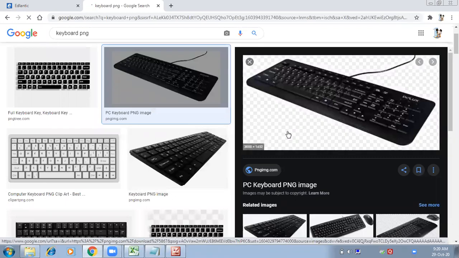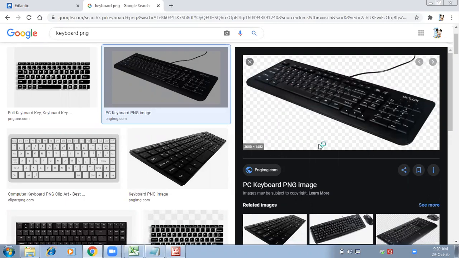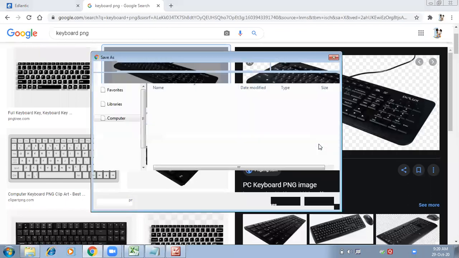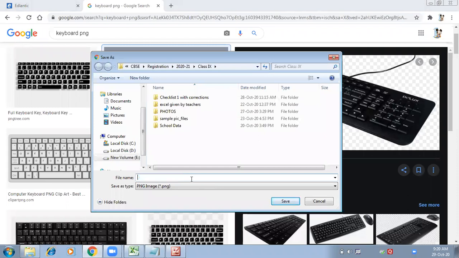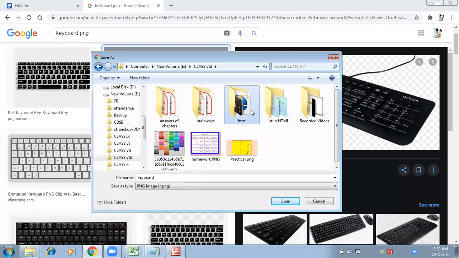So it's a PNG image because the checkboxes is coming in the background. So we will save it. But make sure if the checkboxes are coming before downloading, before completely opening the image, then it's not a PNG image. We have to save it in class 8 HTML folder.